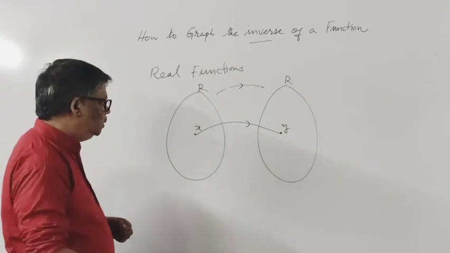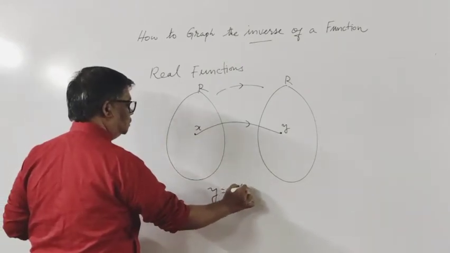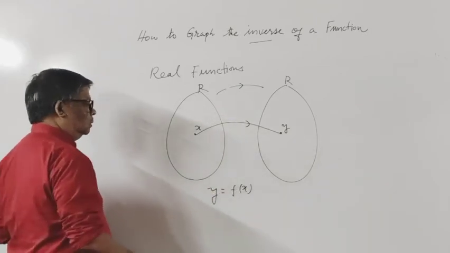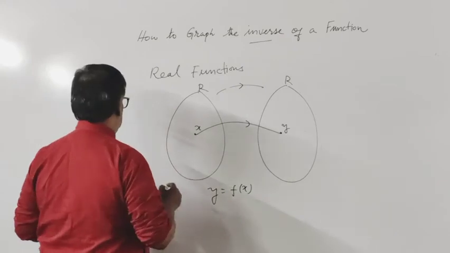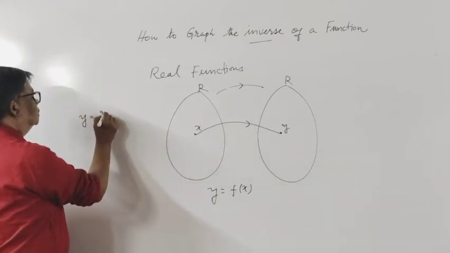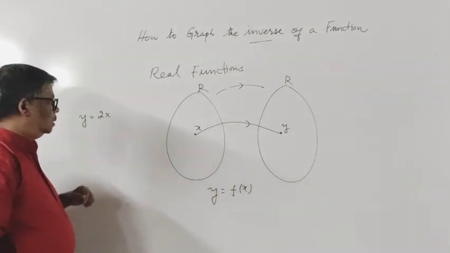Usually, we write y is equal to f of x. Y is a function of x. For example, suppose you define y is equal to 2x. Here we can consider it